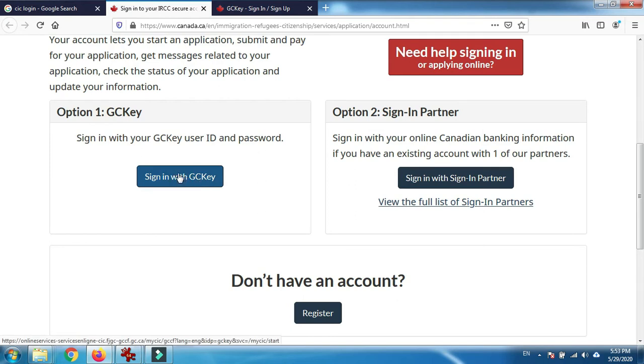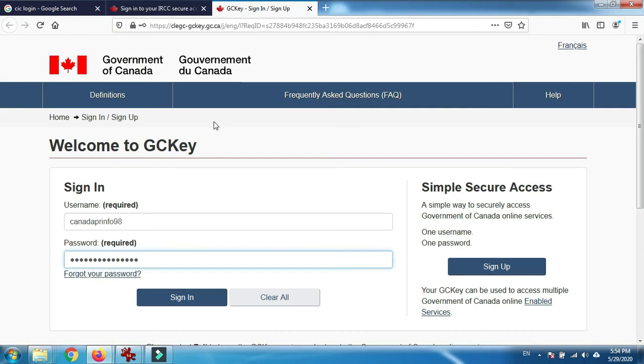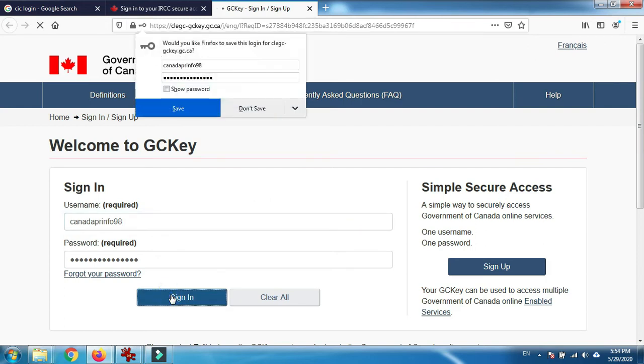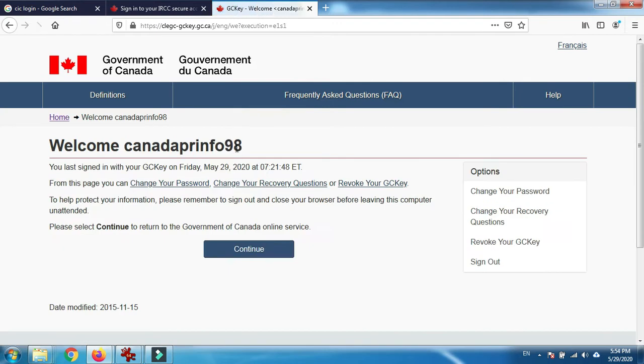As you click on this link, a page will open, and here you have to provide the user ID and the password. So let's say, for example, I have created one profile and I have written the username and the password for my Express Entry profile. So let's do the sign in. I don't want to save it.